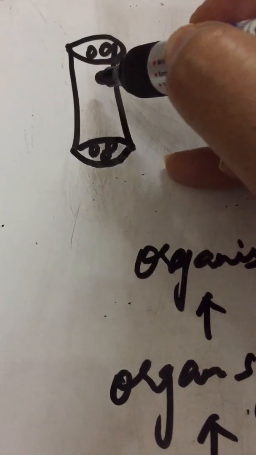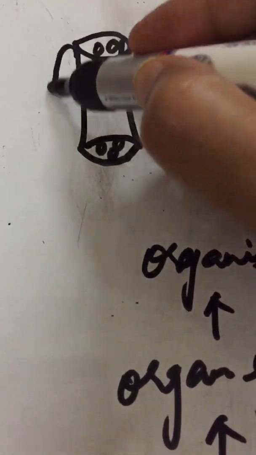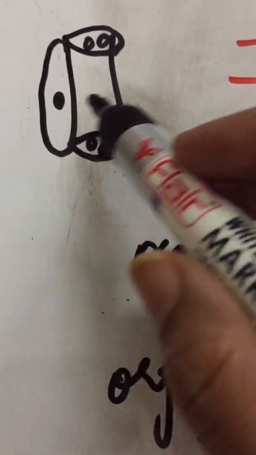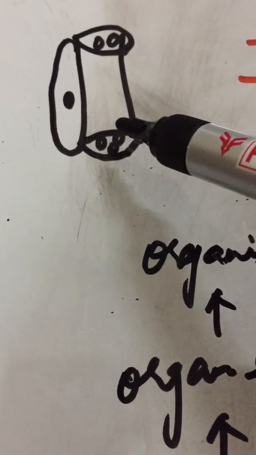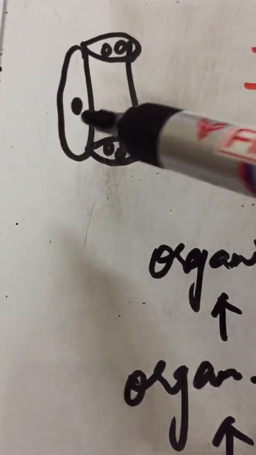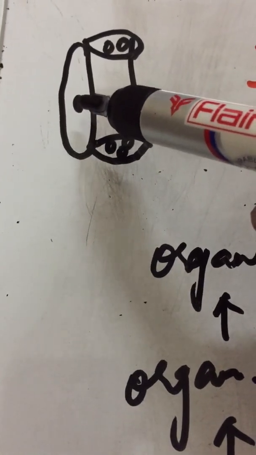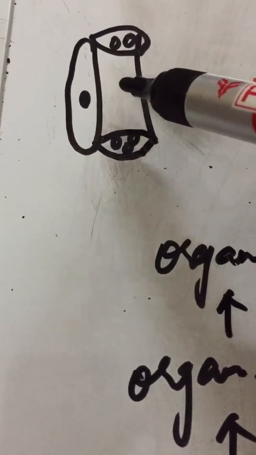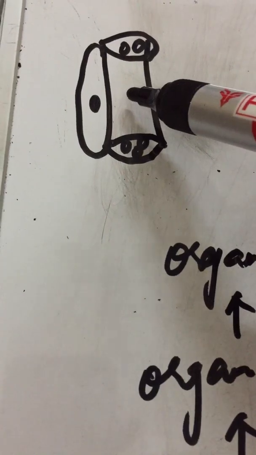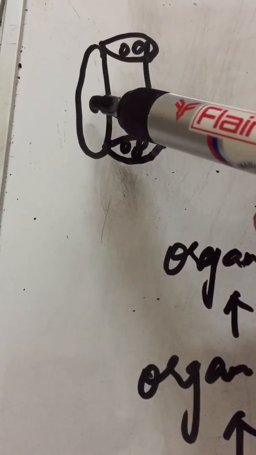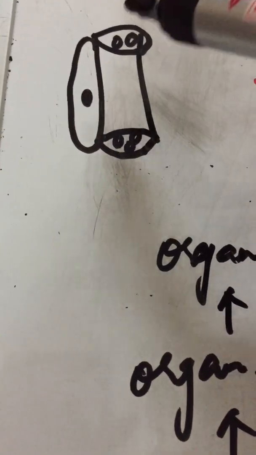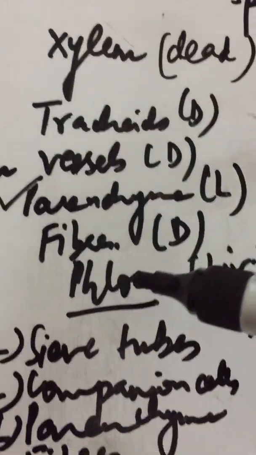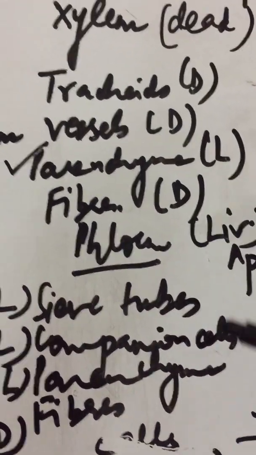They are elongated cells through which food moves, and associated with them are the companion cells. Just as the name says, companion, someone who gives company or helps. Companion cells help the sieve tubes in translocation of food. As you can see, companion cells have a prominent nucleus, but sieve tubes lack it. There's a major difference between sieve tubes and companion cells. Sieve tubes lack a nucleus, whereas companion cells are always nucleated, and together they help in translocation of food. So this is all you need to know about xylem, phloem and their components and their nature.